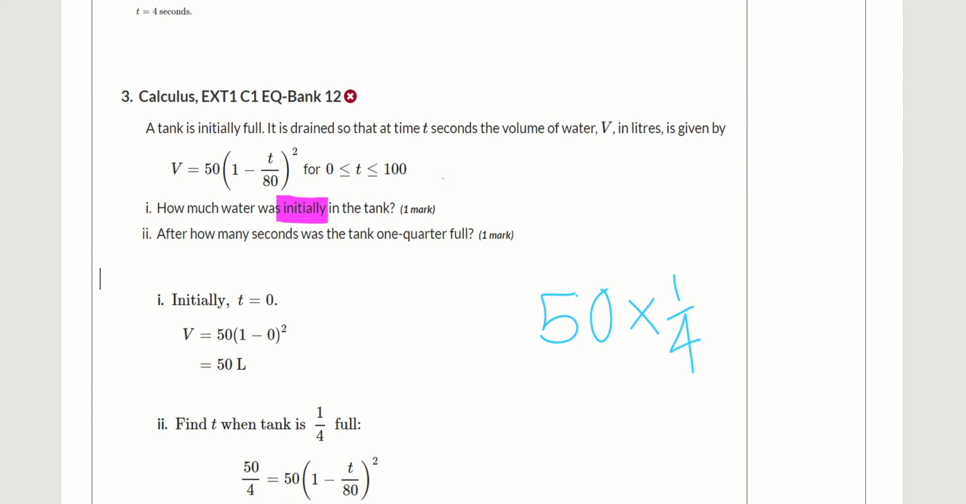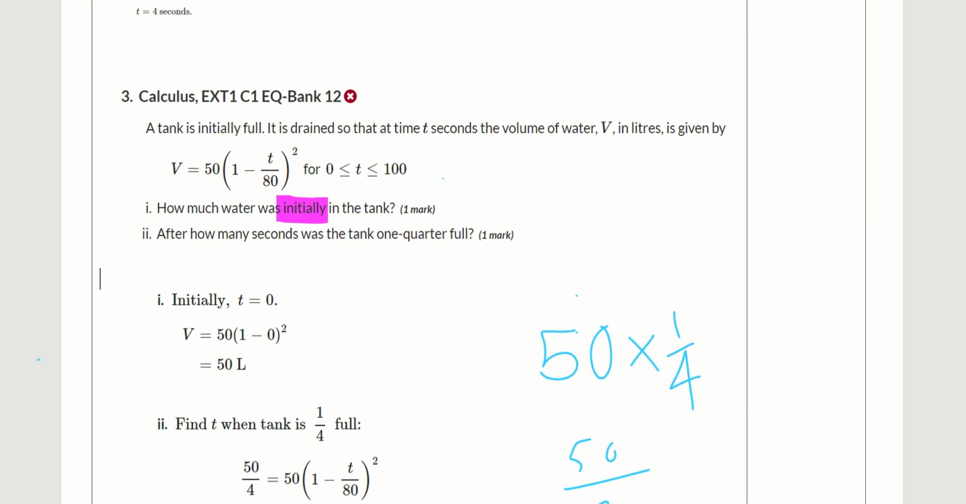Okay, so a quarter full is a quarter of 50, which then gives you just 50 on 4. Or you could have just had it as 12.5. But that's why they've got it equal to 50 on 4. And solving that equation all the way down gives you an answer of